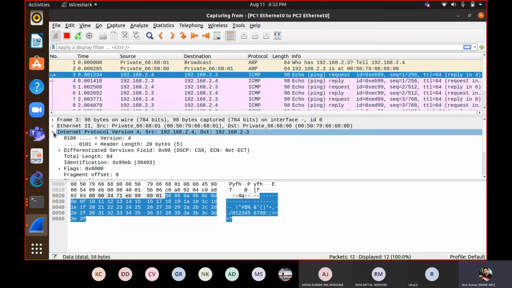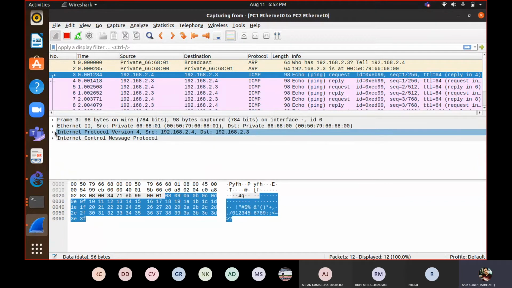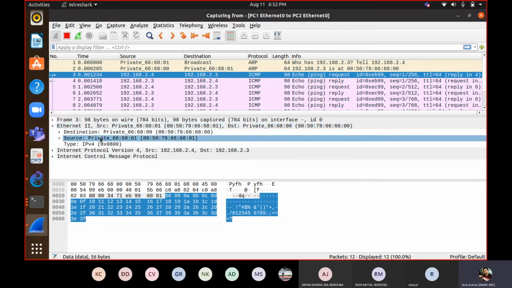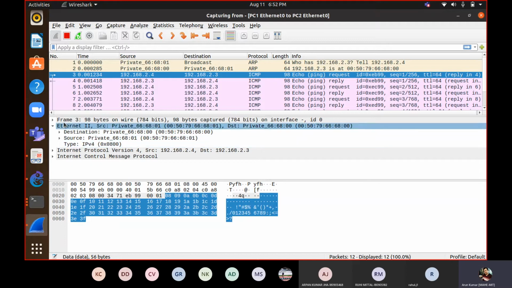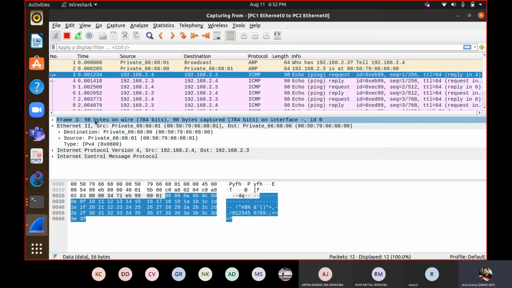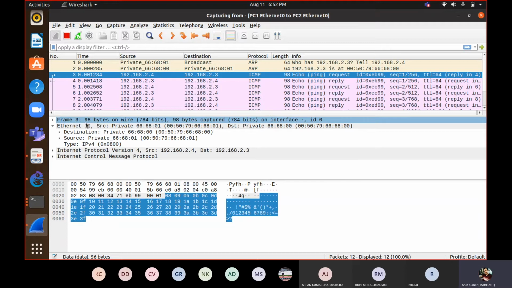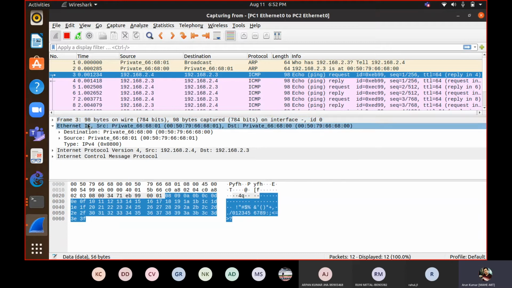Then it will pass it on to the data link layer, where the working protocol is Ethernet, and it will write some information. Finally 98 bytes are there on wire. So the Internet Control Message Protocol started with 56 bytes, and on wire 98 bytes are there.